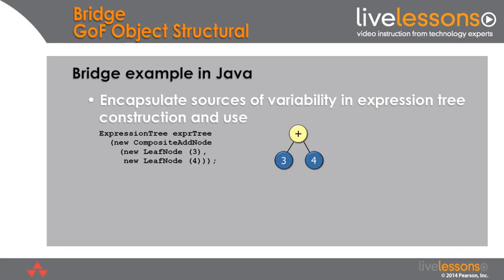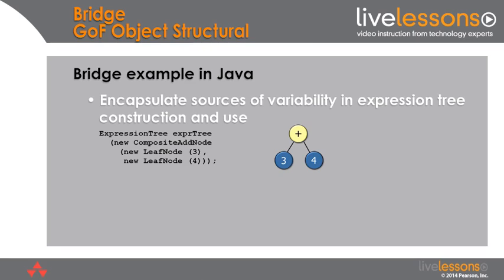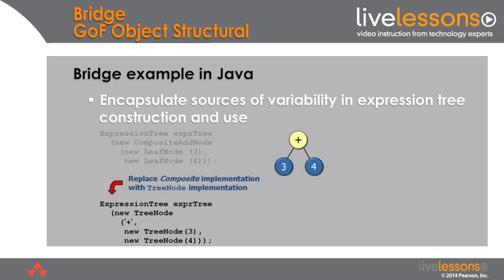And as you can see here, the way we do this is once we create the composite portion using the component node hierarchy, that's all hidden behind the expression tree abstraction, which is part of the stable API that's offered by the bridge pattern. If we want to replace a different implementation later, change the implementation to use a tree node-like structure as opposed to a composite node-like structure, we don't have to make any changes to the client code per se. We just have to change the way we create the expression tree composite and connect it into the expression